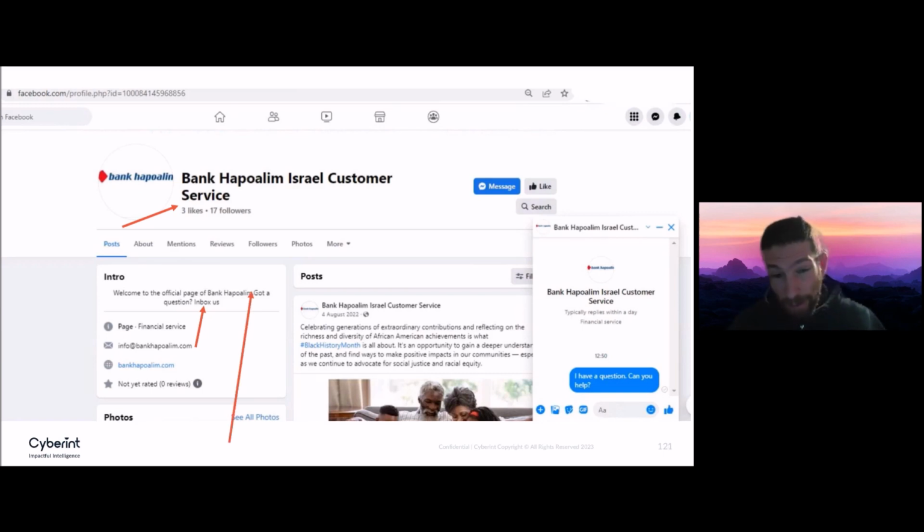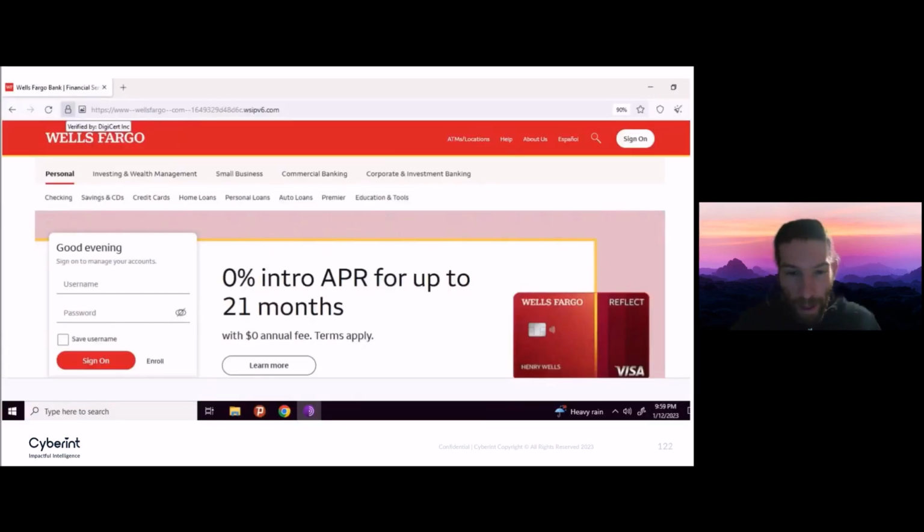Sometimes the red flags can be much smaller, as for example in what we saw in the Amazon page. This is an example of a recent Wells Fargo relatively good-looking phishing page. Okay, it looks much better than the one we saw before here, and also it's secured by SSL, right? So it seems secured. Your browser doesn't say, hey, this is phishing, but